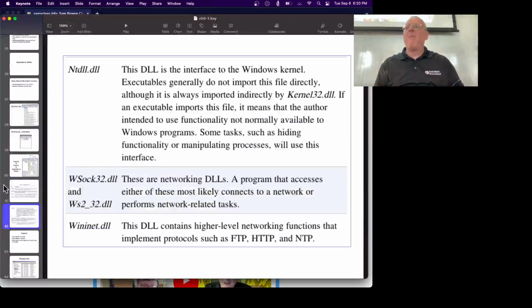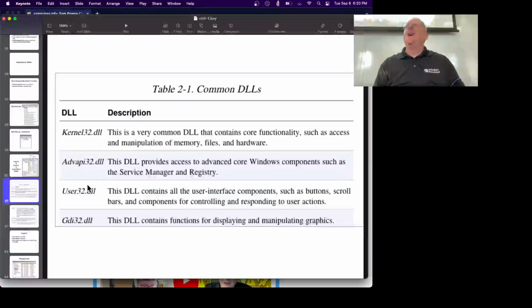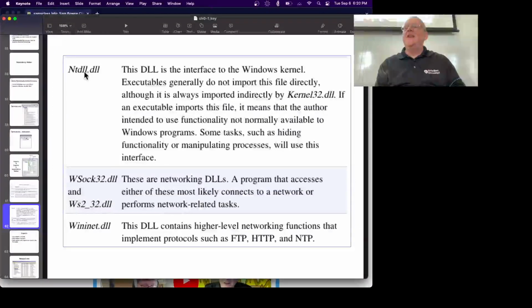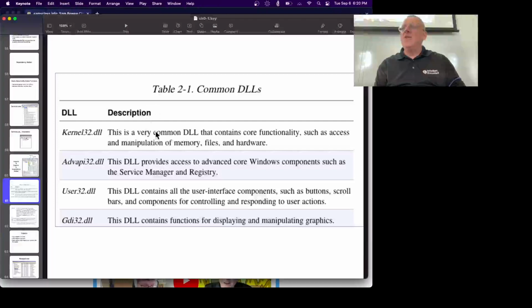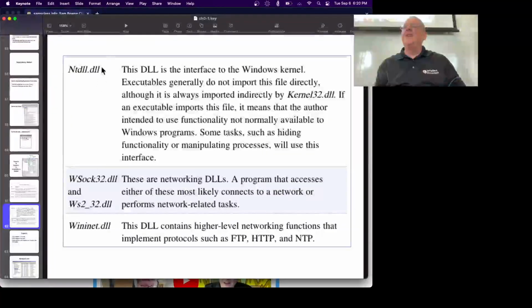So is the 32 just indicative of when it was written, a 32-bit machine? Exactly. These are written for 32-bit Windows, and they continue to be used even in 64-bit Windows. Again, just to keep you confused at all times. And so NTDLL, this is the interface to the Windows kernel. Kernel32 has functionality that's also used, but NTDLL is the main thing you call, but okay, let's